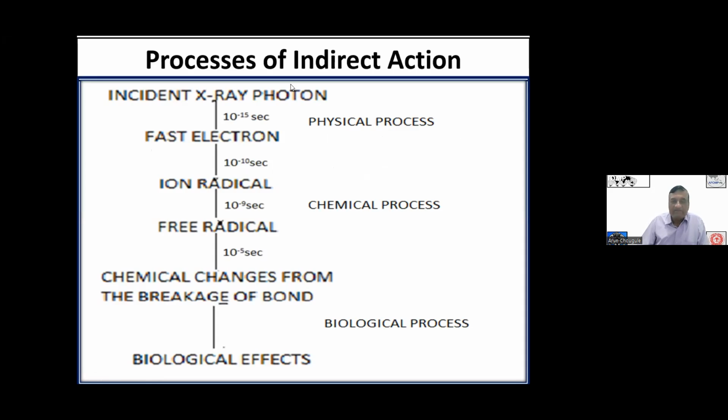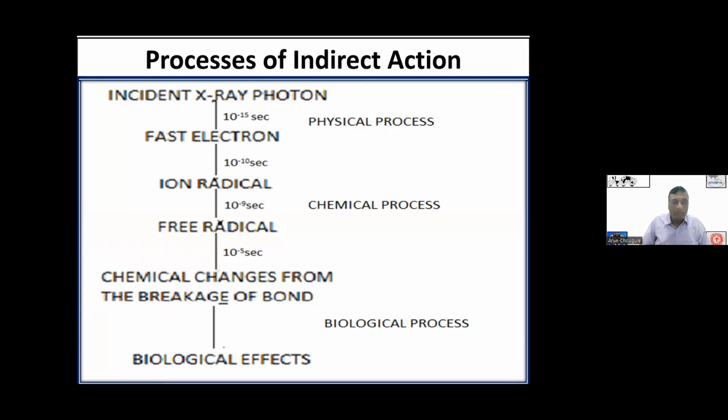Now, this process of indirect action takes place within a fraction of a second. See, on incidence of X-rays or photons, within 10 raised to minus 15 seconds, fast electrons are created. These electrons then produce free radicals, and free radicals will cause chemical changes by breaking bonds, and they will result in biological processes. Now, the chemical changes of the free radicals which have been formed, you can accelerate or decelerate the effect of these free radicals, and the end biological effect can be controlled by using